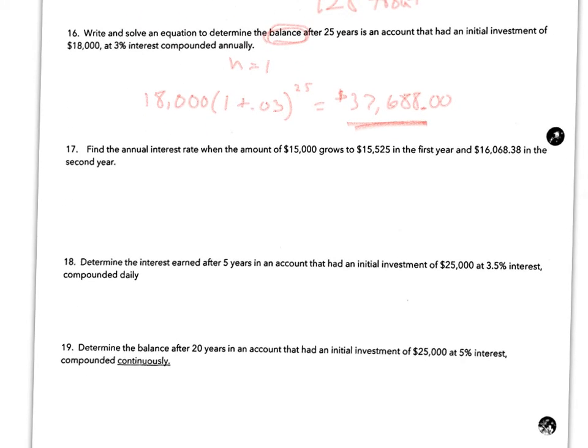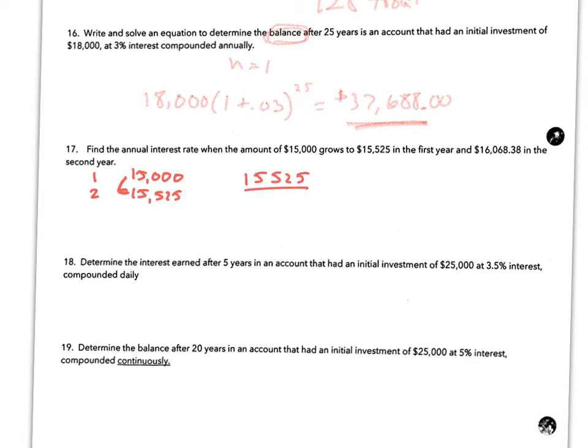For number 17, we did one like this with Margaret. And we have successive years. So it went from 15,000 in year 1, and then 15,525 in year 2. We don't have to go further than that. You could do the second year if you'd like, but I'm just going to use these two, as long as you make sure that you have years that go in a row. So they do go in a row, and we're just going to take the second year,